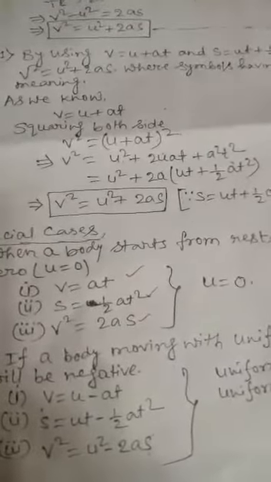You can use the main equations of motion, that is v equals u plus at, s equals ut plus half at square, and v square equals u square plus 2as, both for acceleration and retardation. If you are using this actual formula, acceleration will come negative. Negative acceleration indicates that retardation is there. And if you are using the modified formulas, that is v equals u minus at, s equals ut minus half at square, and v square equals u square minus 2as, in the formula you have already mentioned minus, so here the retardation will come in plus only. That means already minus a you have written in the formula, so the answer will come in plus.